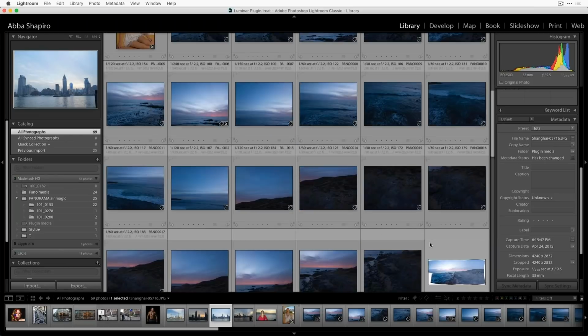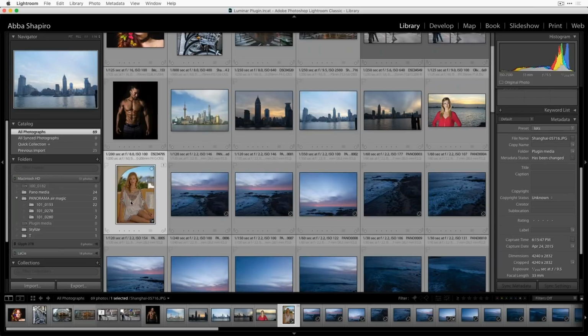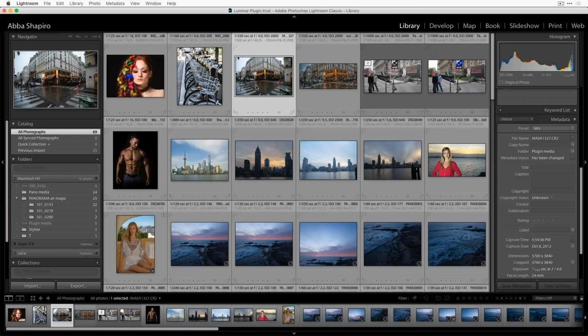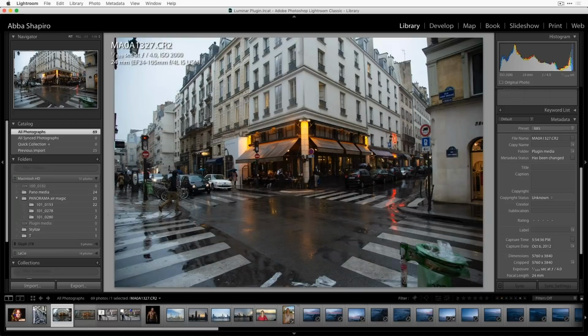So I can actually bring one in, but let me just make sure to see if I don't have a raw here. I should have had a raw. I apologize for that. There we go. There's a raw image. And so I like this image. I want to stylize it, but I don't want to send it over as a TIFF. I want to maintain the full